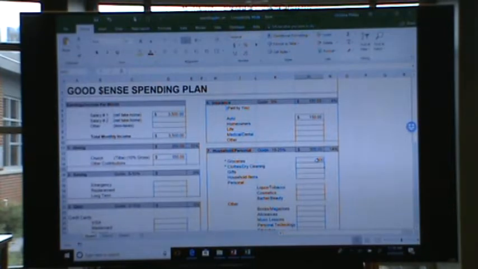Clothes, they wear out at a minimum. You probably want to at least have enough money in there to replace your underwear and socks, right? So a good minimum, and actually for a while before Patrick went back to work, our clothing budget every month was only $50. We've since upped that to $100, because he does computer repair for Carillion, and he seems to go through pants pretty quickly, so that helps make sure he has pants that don't have holes in them. But I'm just going to put $50 in here for now.